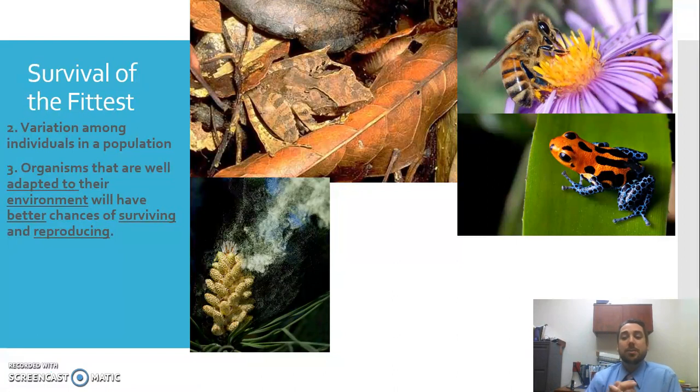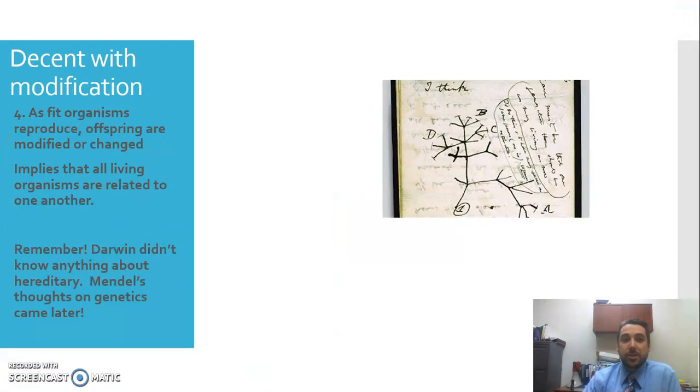But the idea is that we are over-reproducing so far. So some are going to survive because they have a natural variation that's an adaptation that helps them, right? They've inherited some characteristic that helped them survive, and then they were able to reproduce. So, variation, and then how do we pass that on? This is something that Lamarck and Darwin both agreed on, that organisms pass it on. And I love this picture because this is the idea of the tree of life, right? This organism was able to survive and then passed on these traits, but then there had to be some other characteristics, and now we're all connected.